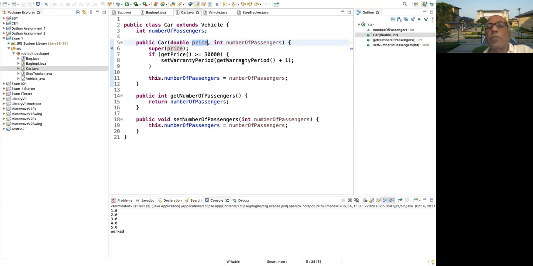You change the warranty period if you have at least $30,000 in price. Get the warranty period, add 1 to it, and set it as the new value. And you store the number of passengers here. And I have getter and setter for number of passengers. So all these questions essentially covered